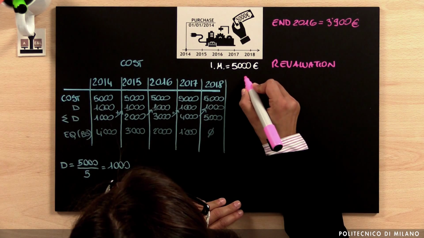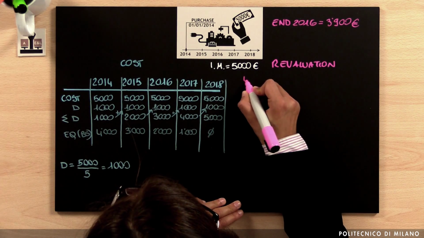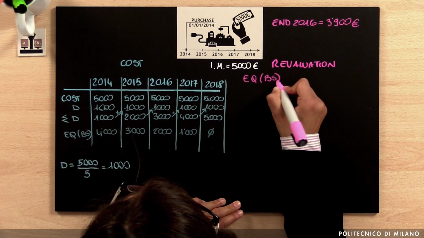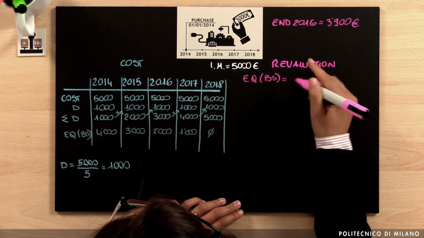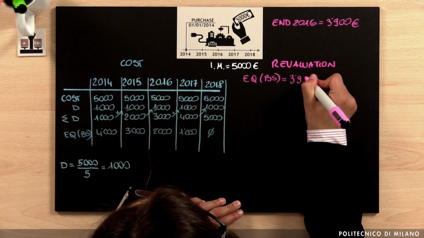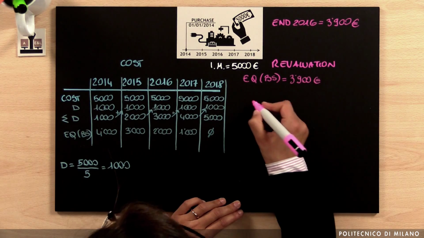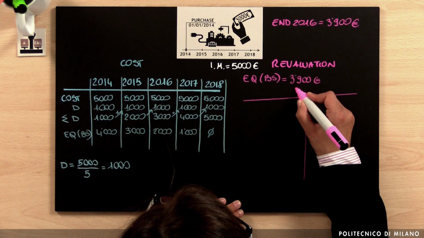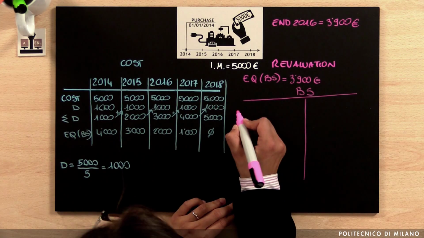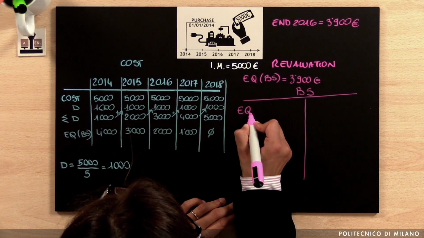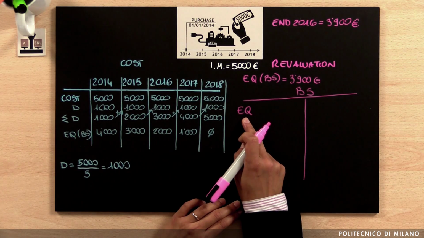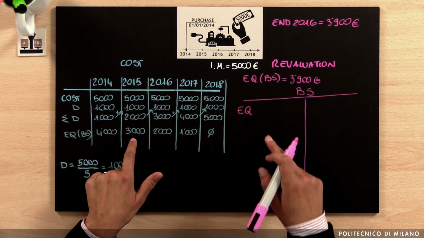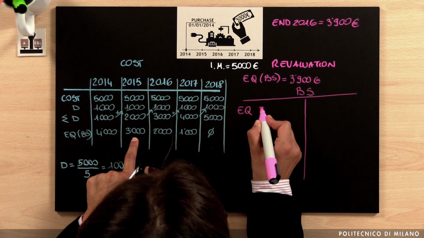What we need to do is to recognize, first of all, the value of the equipment that should be recognized in the balance sheet, where this value, if you remember, is exactly 3,900, which is the fair value. If we look at this by considering the overall balance sheet, this would be easier because we have, first of all, the value of the equipment. What's the value of the equipment? We need to start from the book value, and at the beginning of 2016, the book value, if we look at here, is 3,000 euros.